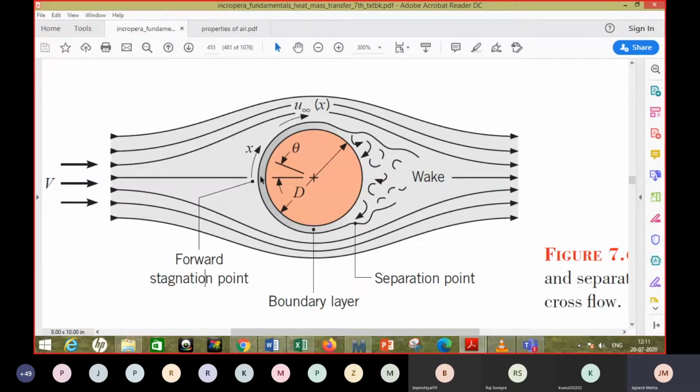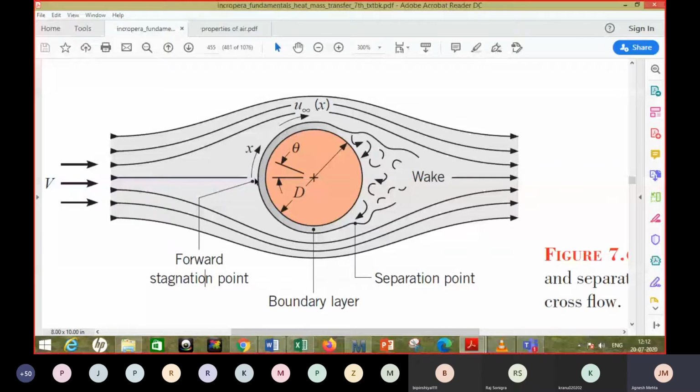So what is basically happening is that here the velocity was equal to 0 and now it accelerates. Velocity increases, it means it is accelerating. Now when velocity is increasing, what would happen to pressure? We are talking about local pressures. Because velocity increases, the sum of the kinetic energy and pressure energy remains constant, so the pressure energy or pressure would reduce as you move along the x direction. Here the x direction is taken along the periphery of the cylinder. So as you move in this direction, the pressure is decreasing.